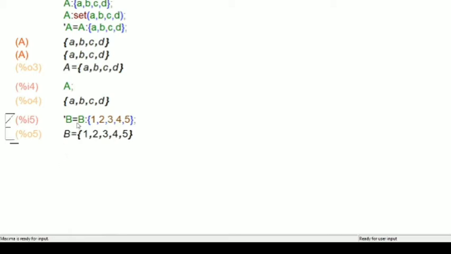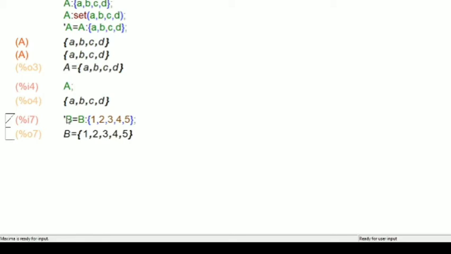If you don't want to display this B, simply you have to assign B with this and display this. Then you give shift enter. This will be displaying set 1, 2, 3, 4, 5, but it will not show B is equal to. If you want to display that, then you have to give single apostrophe with B equal to. Then it takes that.